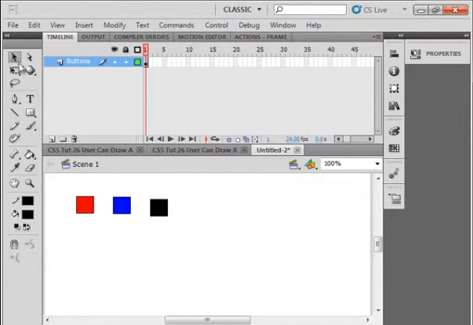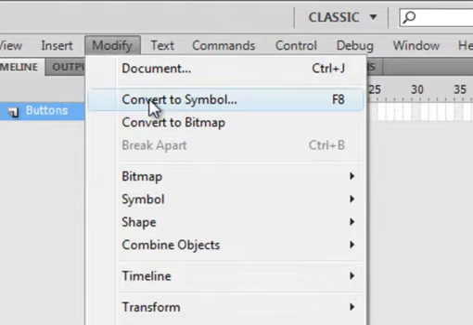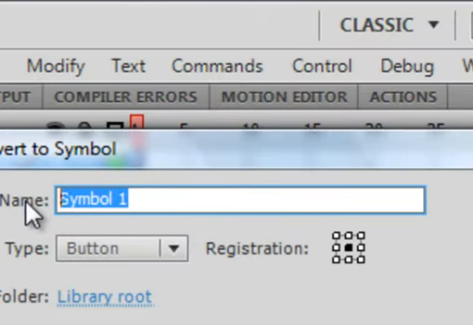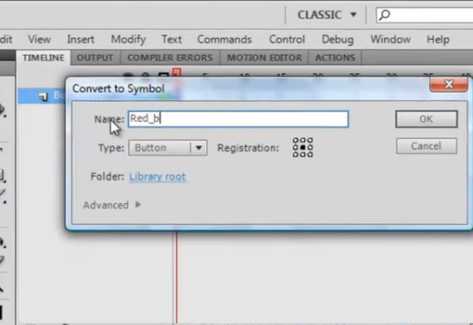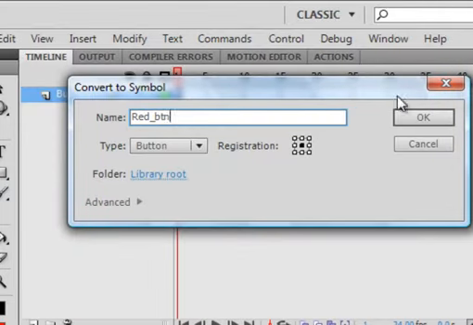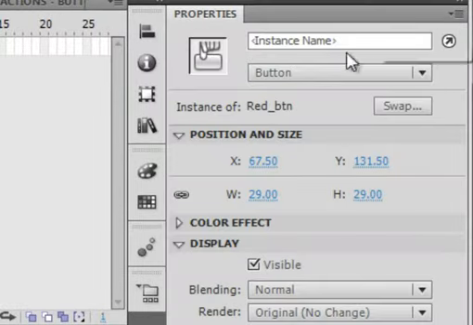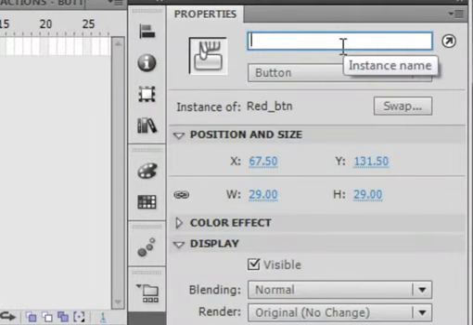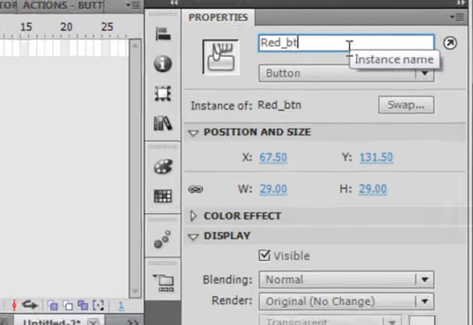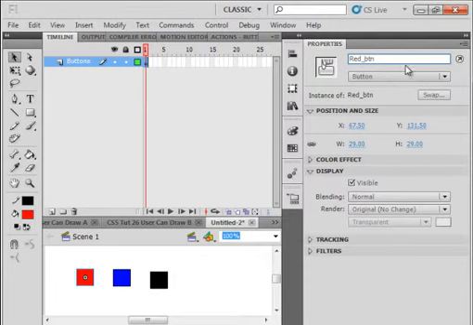Okay, one at a time. Select this one, modify it, convert it to a symbol, call it RED_BTN, red button. Come over to the properties panel, give it an instance name of red button, RED_BTN, and